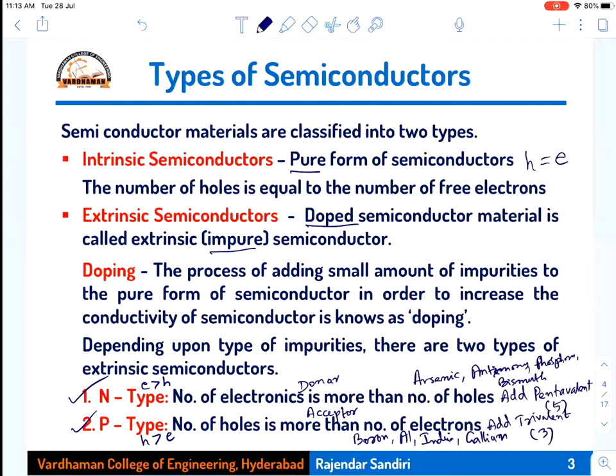Semiconductor materials are those whose valence electrons in the outermost shell are 4 in number, whereas pentavalent atoms have 5, so the extra electron is given to the semiconductor and free electrons are formed. Trivalent atoms have 3 in number, so they accept one more electron and create a hole in the semiconductor material, which we call P-type. So holes are more in P-type, electrons are more in N-type. That is all about the types of semiconductors, which you already know.